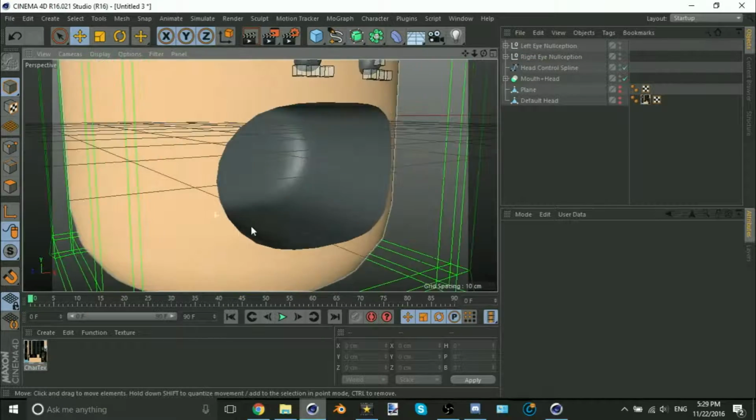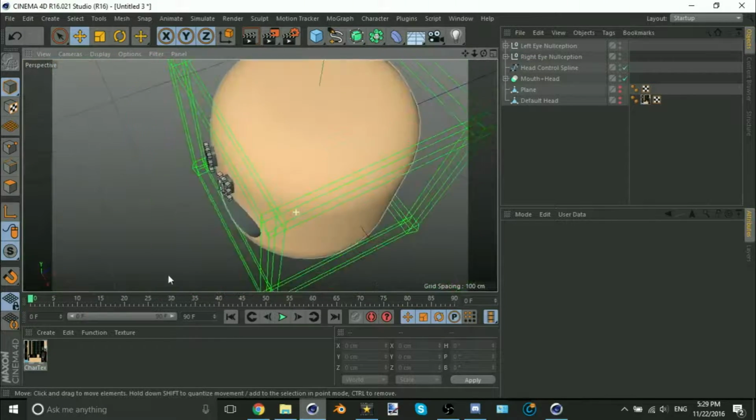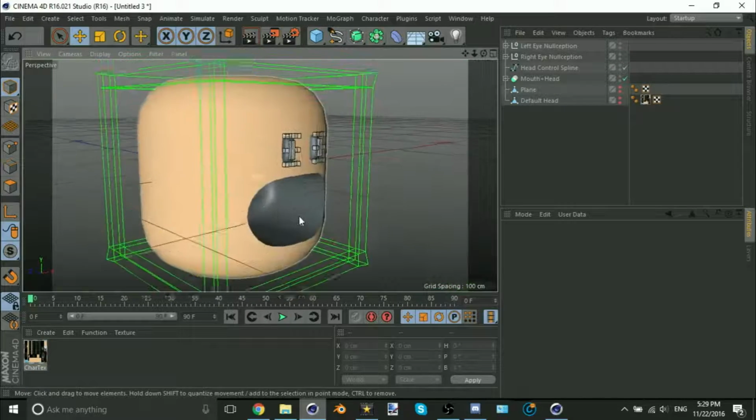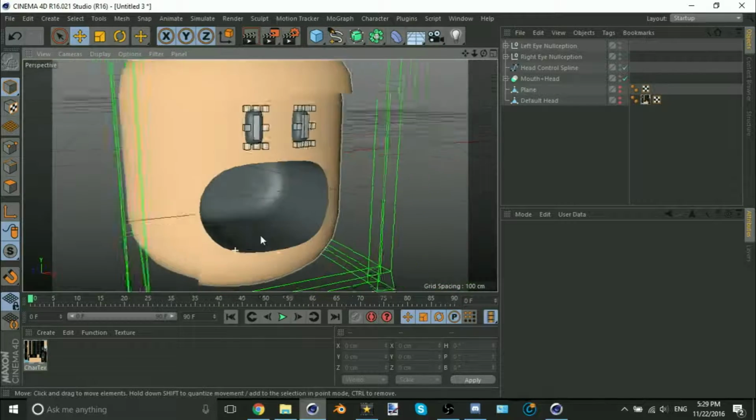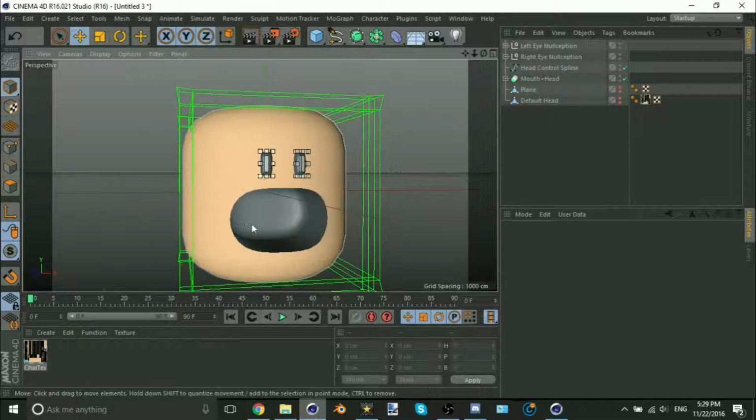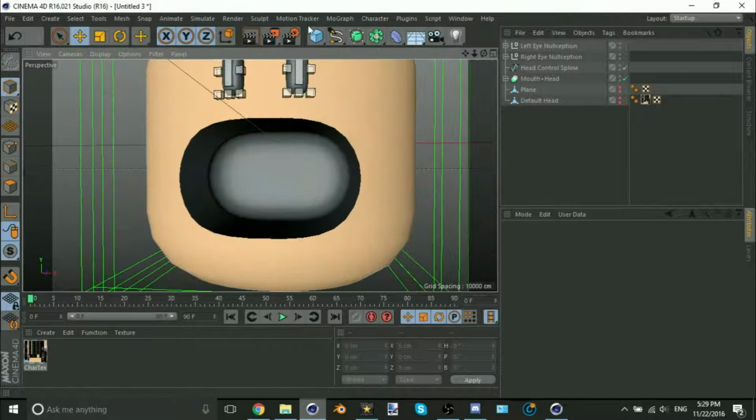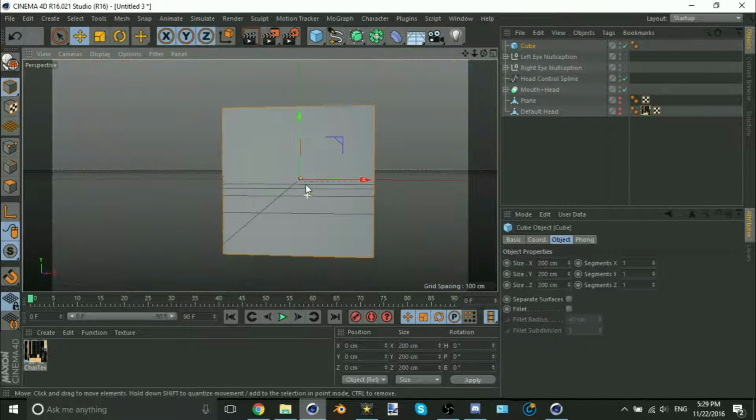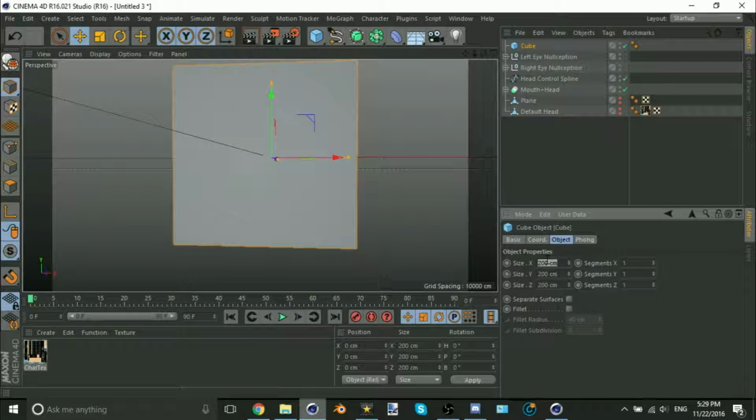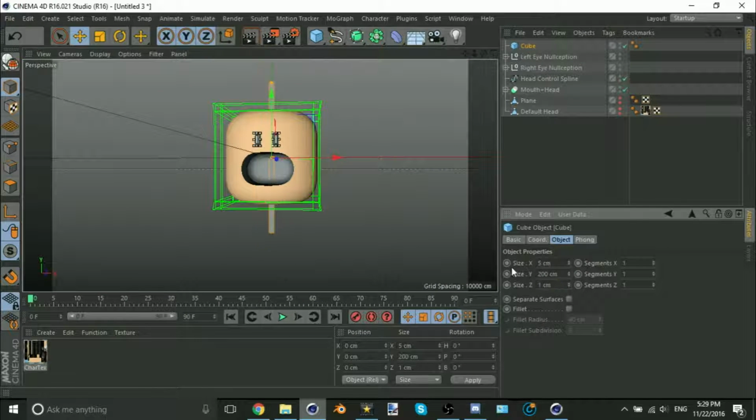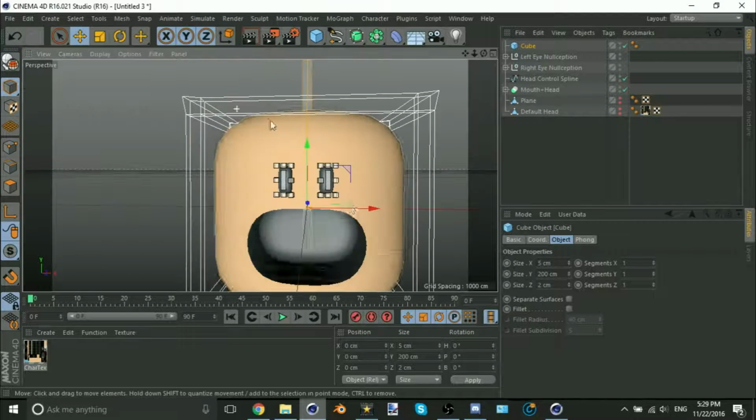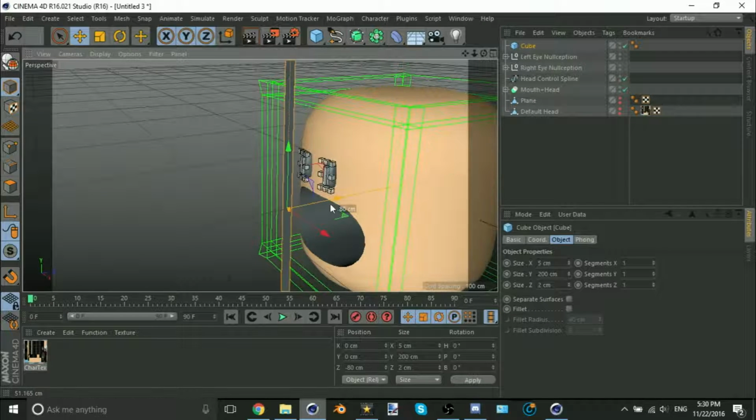Okay, come on. So today I'm gonna show you how to make teeth and set up some user data for it. And let's begin. So what you want to do is make your basic tooth. So something like this, but you want to keep it really long because